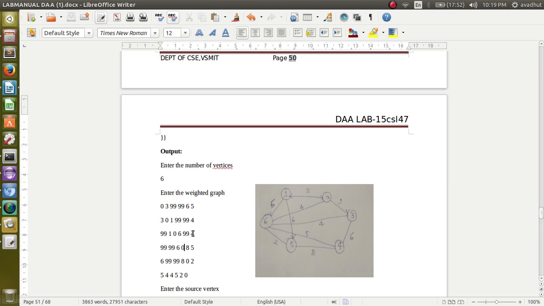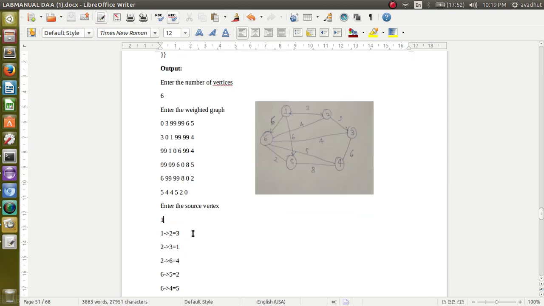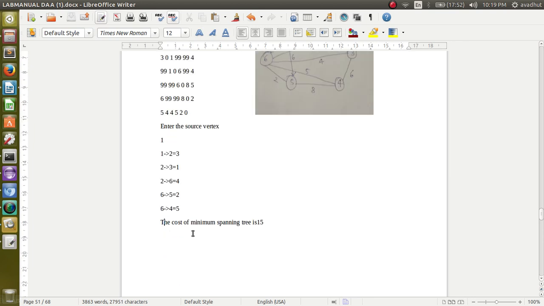This is the same graph which we have seen for the Kruskal's algorithm. Same vertex we are having, same cost adjacency we are having, but the way we are declaring is different here. So these are the edges which we are including in our minimum cost spanning tree. See here, for the same graph, even if we are using the different method, we are getting the same minimum cost, that is 15. Let us execute this one now here.